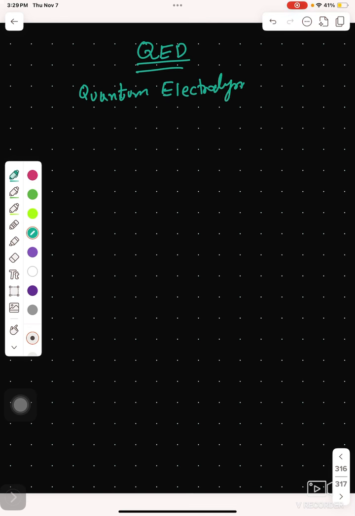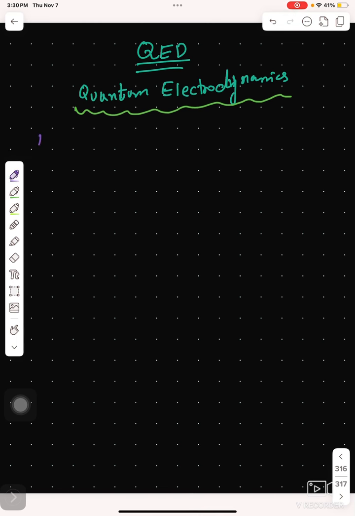Okay, in quantum electrodynamics, let me just get started, because this whole thing is based on a single phenomenon. This whole thing depends on one single phenomenon, which is in magnetism and in electromagnetism, the electric field. So what we will be talking about in electric field is this. We know that in electric field,